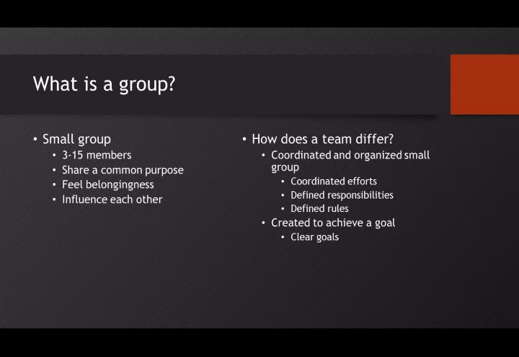So how does a team differ? A team is a much more organized and coordinated small group. So oftentimes you'll see a team in a specific context, such as within an organization or a business. So teams are brought together for a really specific purpose. They're coordinated to reach a common aim, such as with a small group, but oftentimes it's much more defined. So in an organization, you might have a team that is brought together to achieve a really specific goal that the organization needs to achieve.